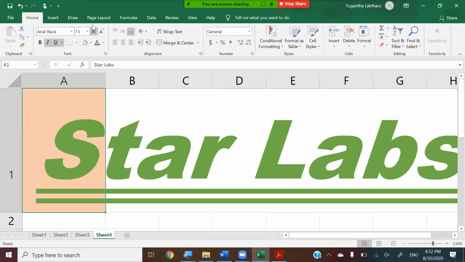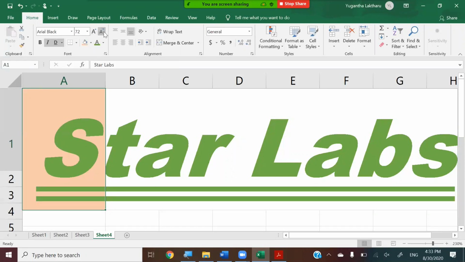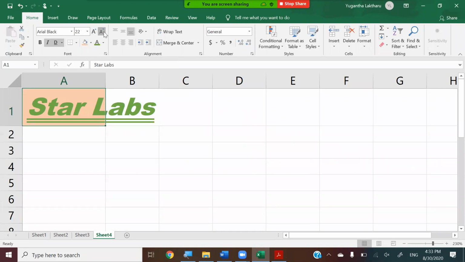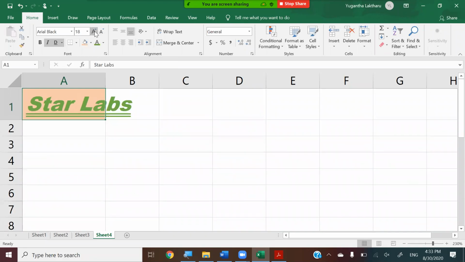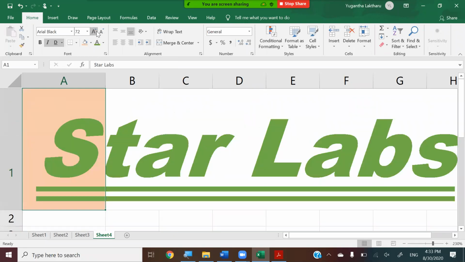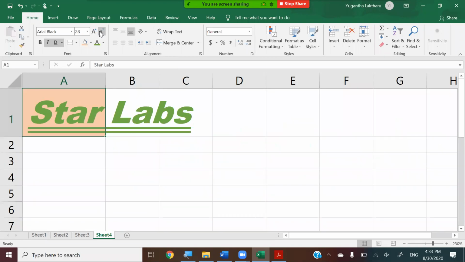And you can decrease and increase the font size by using these two buttons, as we did in the spreadsheet software. If you press this, it will decrease. If you press this, it's going to increase the font size. And regarding the alignment,